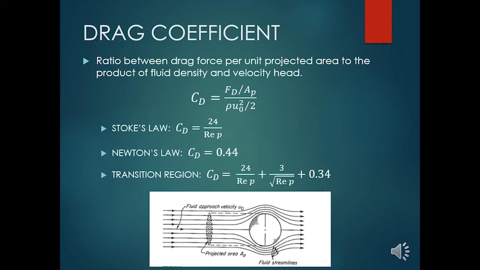Suppose we are moving through the fluid and we have the solid sphere immersed in the fluid, and we can see the solid sphere as we are moving through the fluid. The front view of the solid sphere will be the unit projected area. As we know, the front view of a sphere is a circle, and so in this case the unit projected area will be a circle.